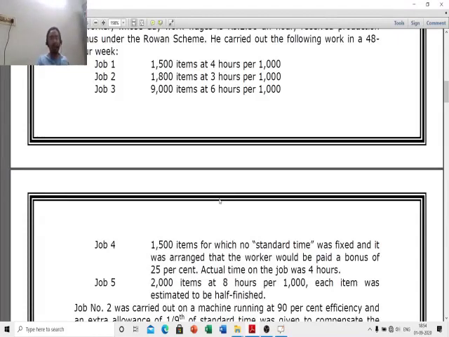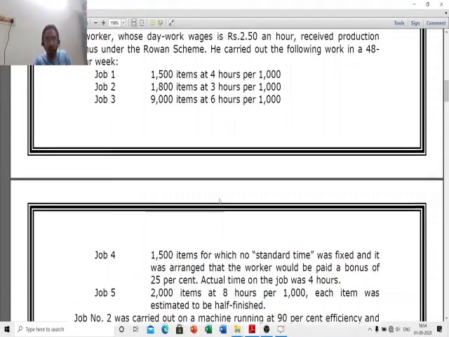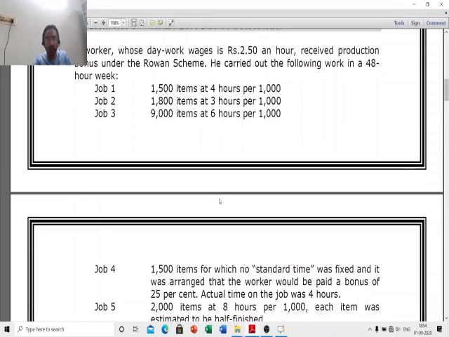So the minimum that they should get is 48 hours, because the power cut is obviously not something within their control. So if you tell them I'll pay you for 44 hours, then obviously it's not that they were idle. Now we will have a separate discussion on idle time. In that we will be discussing all of these things in a lot more detail. But now, just to address this requirement of the question, let's look at this right now. If it's something that was within their control and they remained idle, you probably don't pay them. But this is not within their control. So minimum 48 into 2.5. If I'm not wrong, 2.5 is the per hour rate.